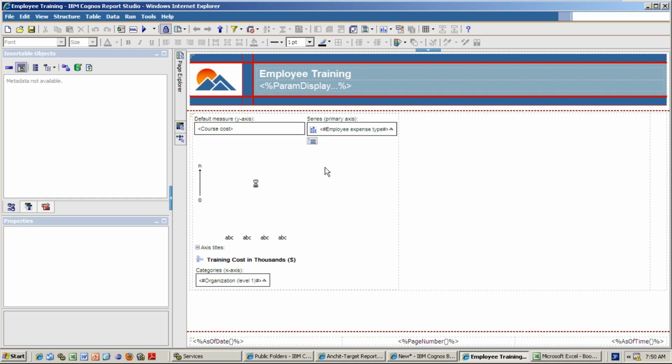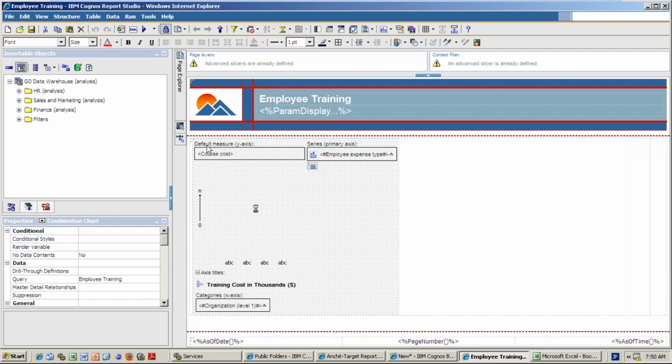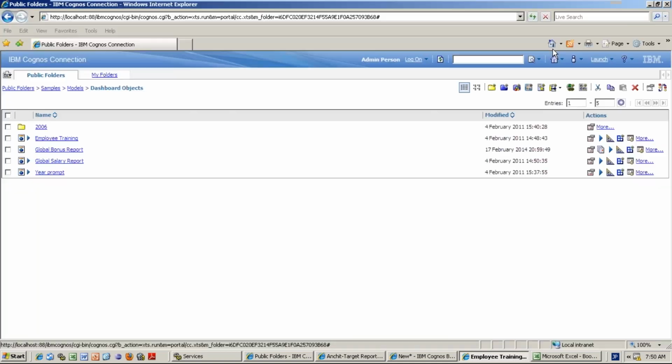So this is the first report. One simple chart, just drag and drop the 3 things and close it. So this is how one Report Studio report is created. Like this I created 4 reports. And in the fifth report I just added one year prompt only, because in all the reports I have used the same parameter name. Why I am using the same parameter names, I will tell you later.